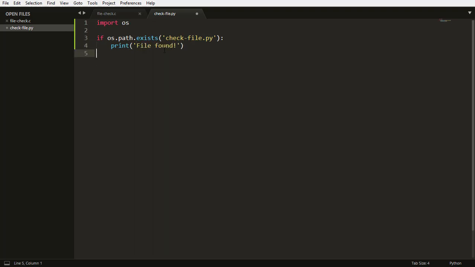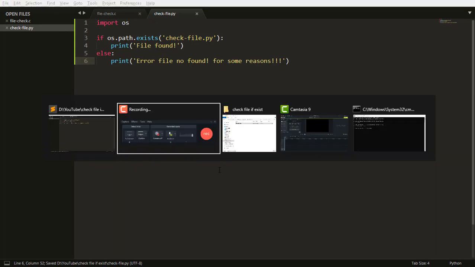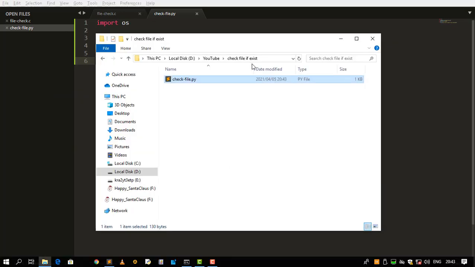Okay, then if it doesn't exist, you want to say else print error file not found for some reasons. Okay, then we want to save our file,